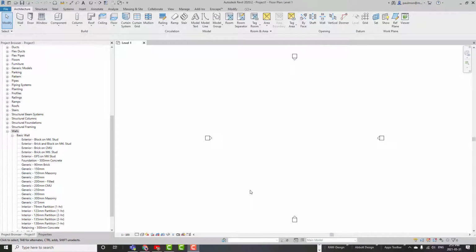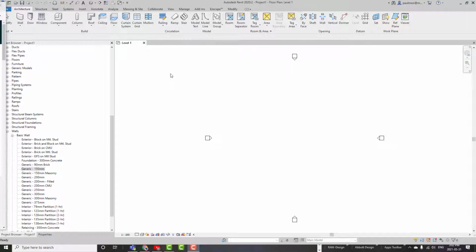Now in this video, we can look at the error you might encounter in the process of creating a wall type family. So we open up the new project file based on a standard architectural template, and we scroll down on the project browser down to the wall section of the family, and we're going to click on a generic 150 and use that as a base for starting to create these additional new wall types that we may need